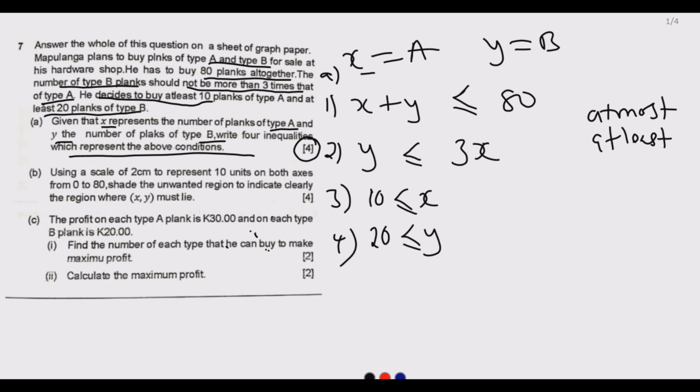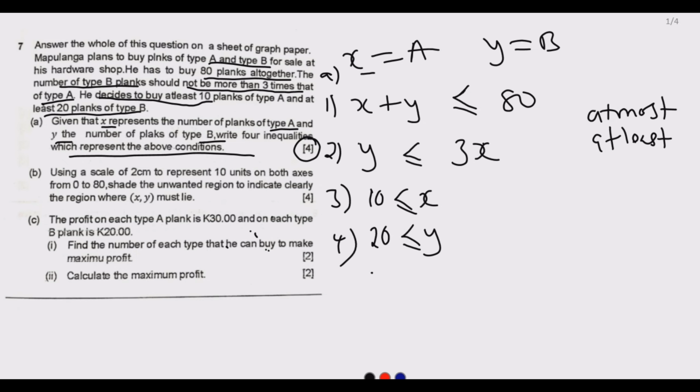Using a scale of 2 cm to 10 units on both x-axis from 0 to 8, shade the unwanted region to indicate clearly the region where x, y must lie. So what we know from here is, let us start plotting these on our graphs. So I'll be alternating between 2. So the graph will look like that. So let us start with